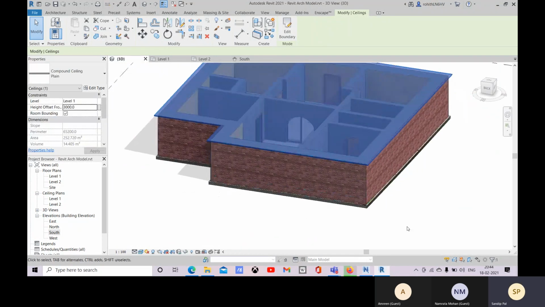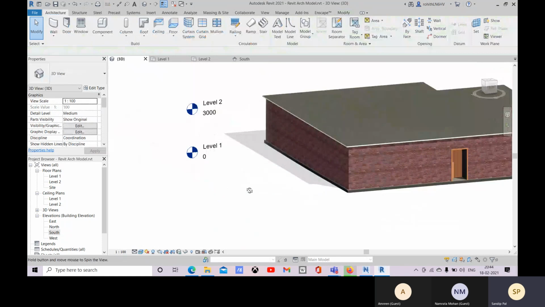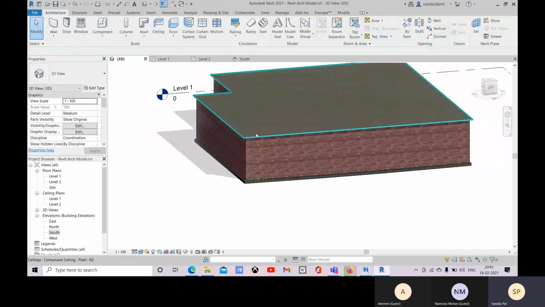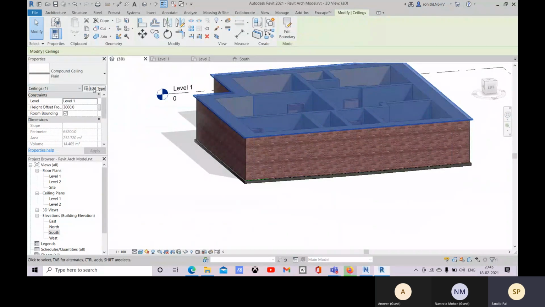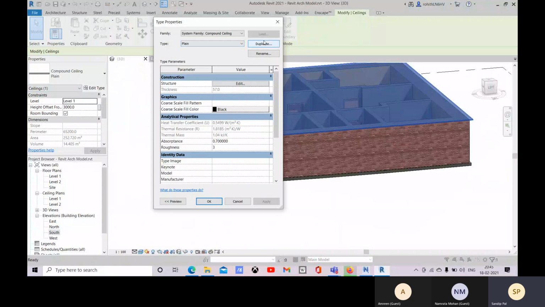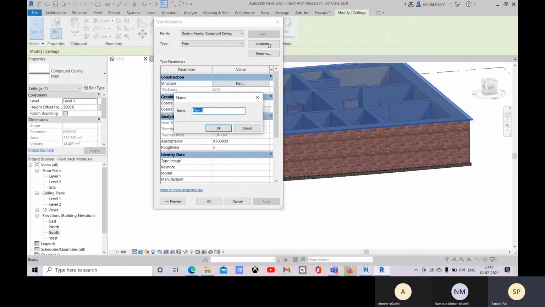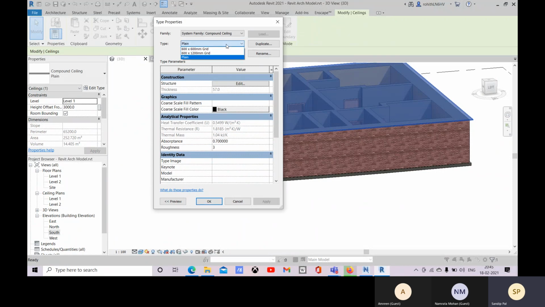Now let's go to 3D. Here you see, and here also you can change the thickness and all. You can create a new one, or you can choose this one, or you can choose this one.